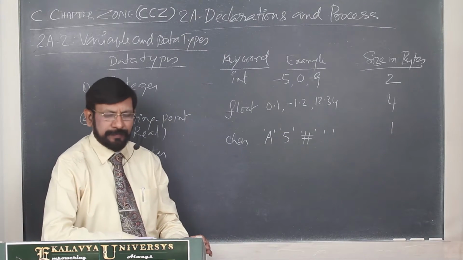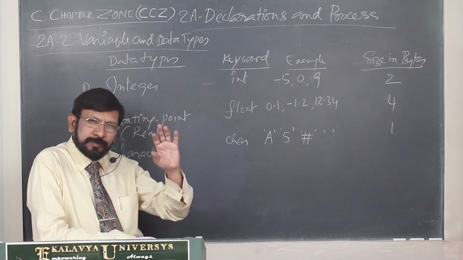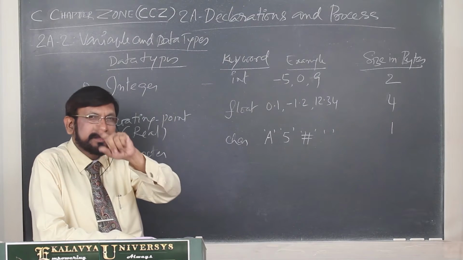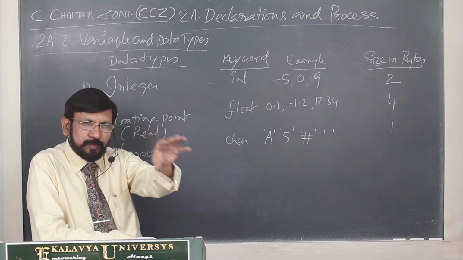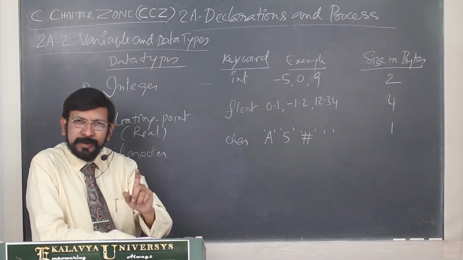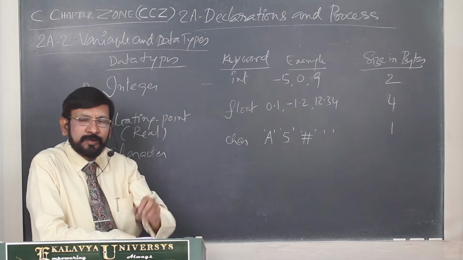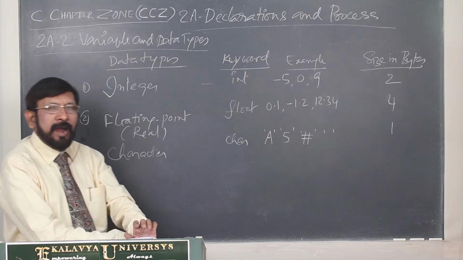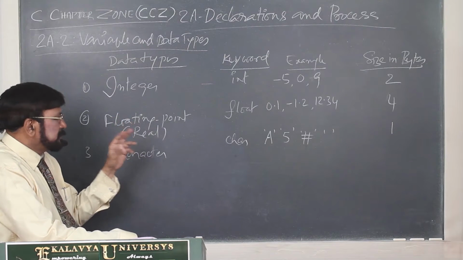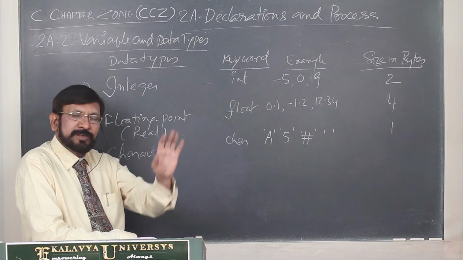And finally, what I would like to tell you: whatever data we use on a computer is stored in the computer memory in the form of variables. We never loosely dump it. In the form of variables we store. Variable means a named memory container. In the named memory container you have to store the data, and before choosing the variable you have to select the data type appropriate to it.